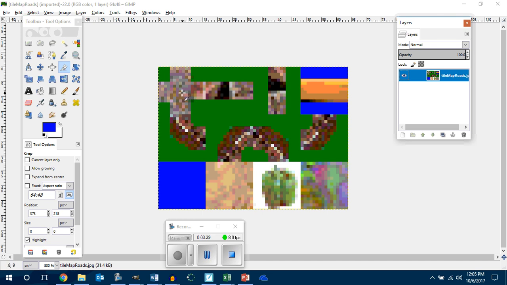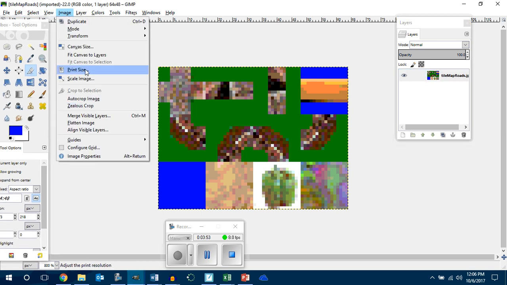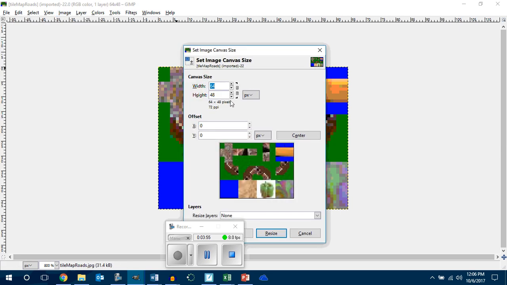So, how many pieces do I have here? 1, 2, 3, 4, 5, 6, 7, 8, 9, 10, 11, 12. You guys are supposed to be a 4x5. This is a 4x3. This is not enough. What are you going to do? You're going to go into Image, Canvas Size. You want this 64 by 48. I don't want 48. I want 64 by